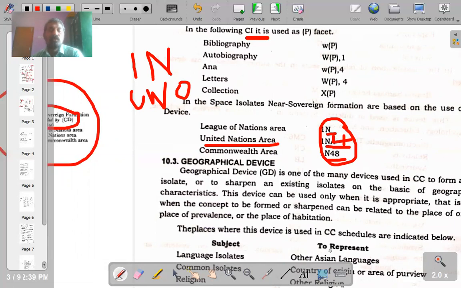Fine. So these are the few occasions wherein you can make use of time isolates, either in the case of literature, or in the case of common isolates, in the case of mathematics, in the case of language divisions, in the case of formation of different systems in main classes, even in library sciences to sharpen the classification schemes. In all these places, we are making use of chronological device.